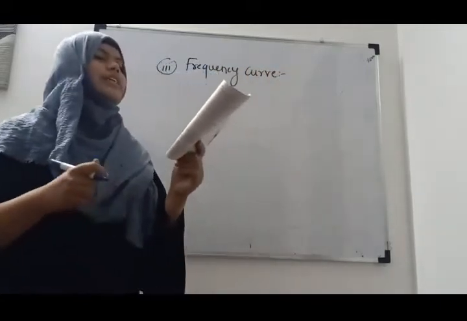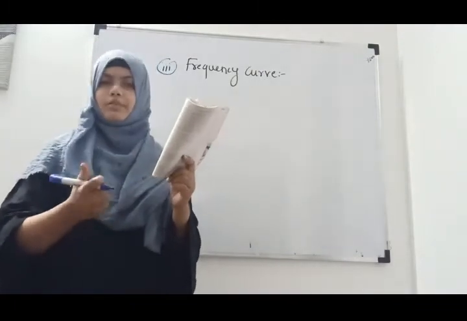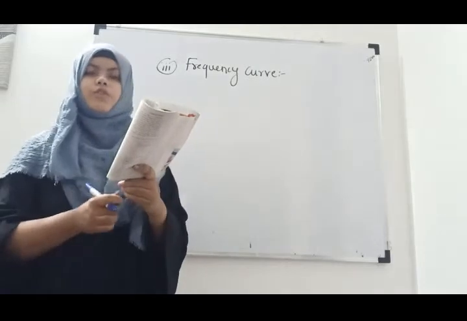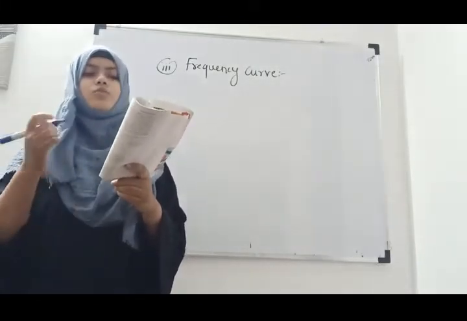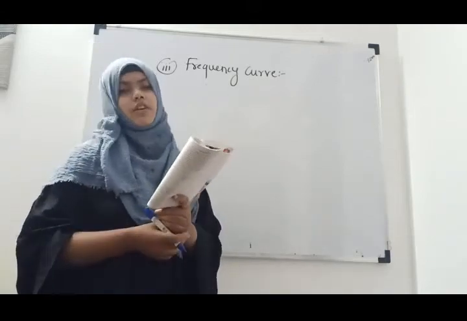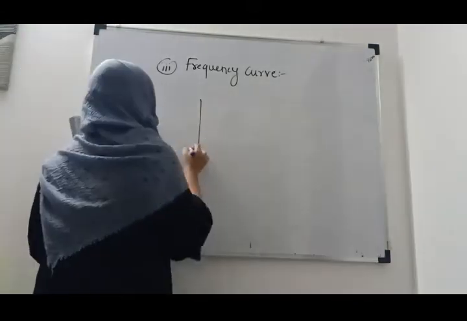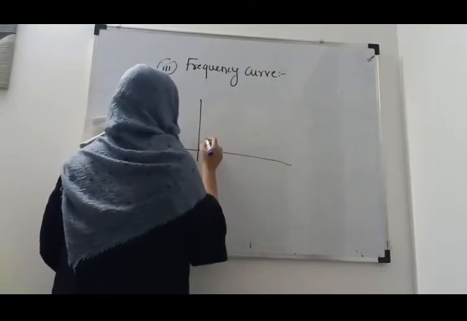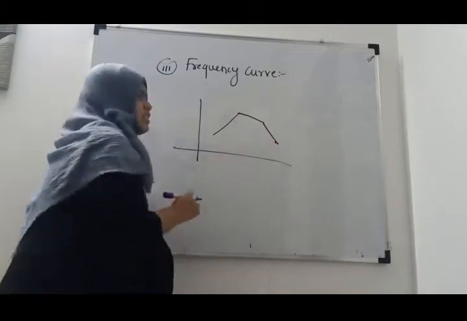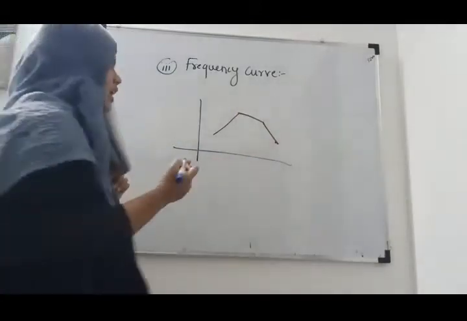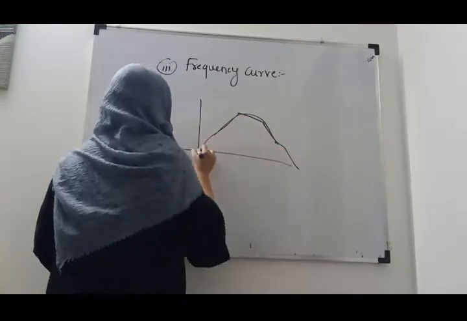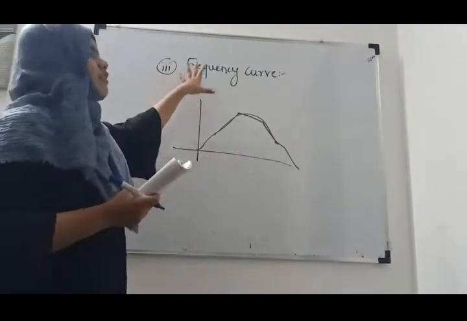Alright, so there is a little difference between the frequency polygon and the frequency curve. If the points or the vertices of the frequency polygon are joined by a smooth curve instead of a straight line, we get the figure called a frequency curve. So, in the frequency polygon, what did we do? We joined the points with a straight line, right? Instead of joining these points by a straight line, if you draw a smooth curve, this figure is called a frequency curve.